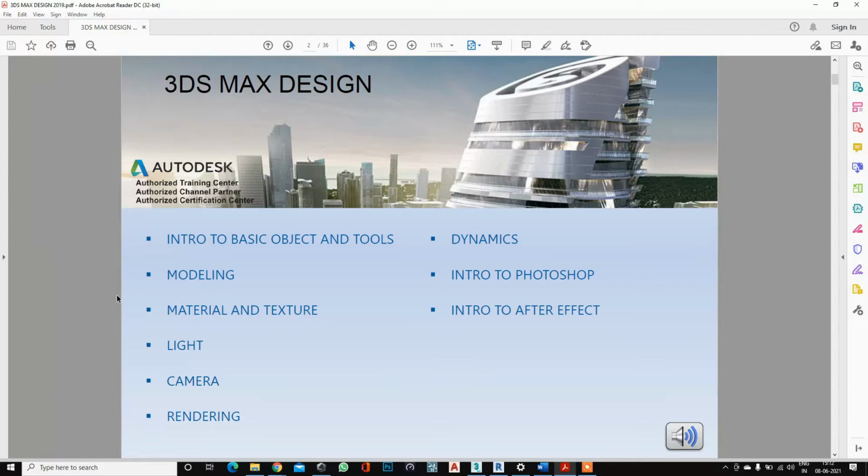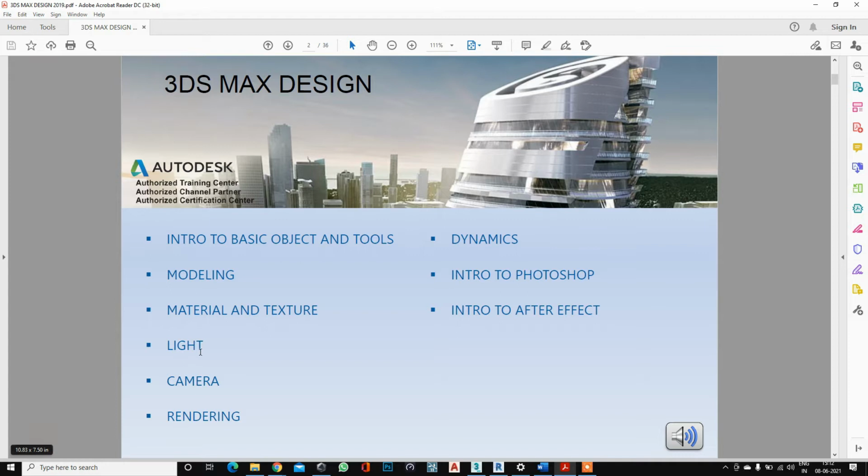We can also modify that to a certain level. And the texture. Now texture is nothing but a bump. Whenever you give a plaster material to any wall, plaster is not a 2D object, it's a 3D object, a little bit of bump in a plaster. So these kinds of effects we can give in texture.